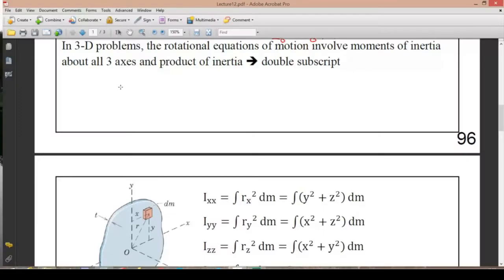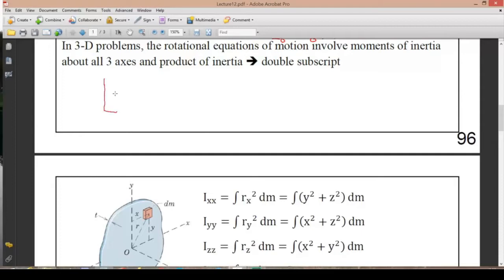For three-dimensional problems, we need to use the inertia matrix. In that case, we're not going to use just one moment of inertia information, but we might as well use all the information inside this inertia matrix. In the tensor-wise notation, this is a second-order tensor, or else called a dyadic, by the way. But if you're going to deal with this problem in terms of matrices, then this is a 3 by 3